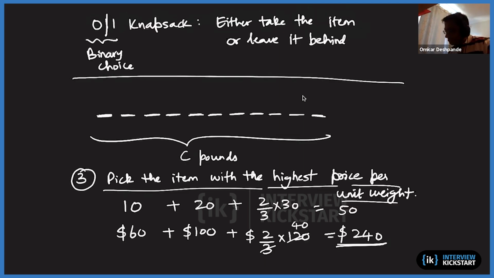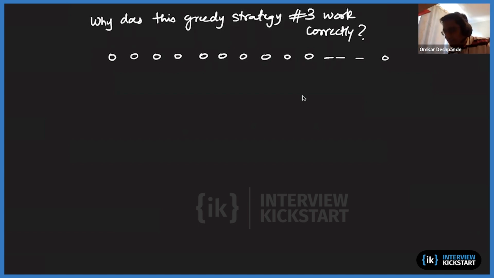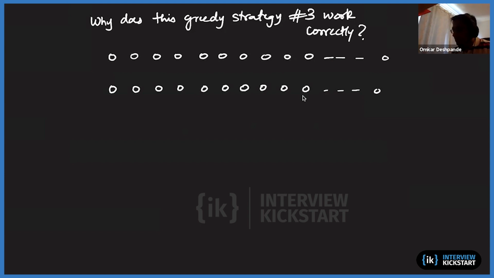So let's follow the same line of argument. Suppose it doesn't work correctly, which means our greedy strategy made a certain sequence of choices for where the next pound should come from in the knapsack. And the optimal algorithm also made a bunch of choices, but they were not necessarily in this order. Right at the end, whatever it was, we just lay down those choices and try to align them with our sequence of greedy choices. So this is our actual sequence, and here we've just laid down those values, the optimal solution's